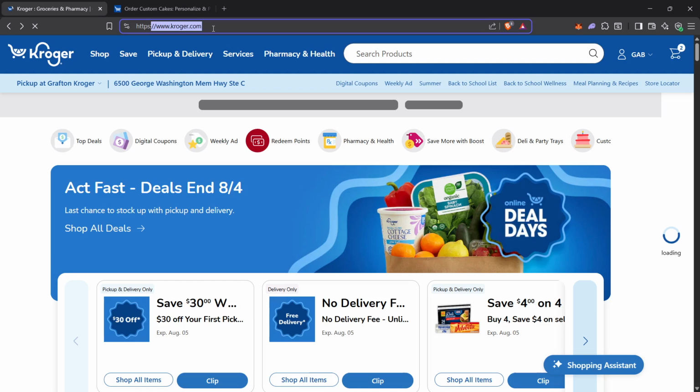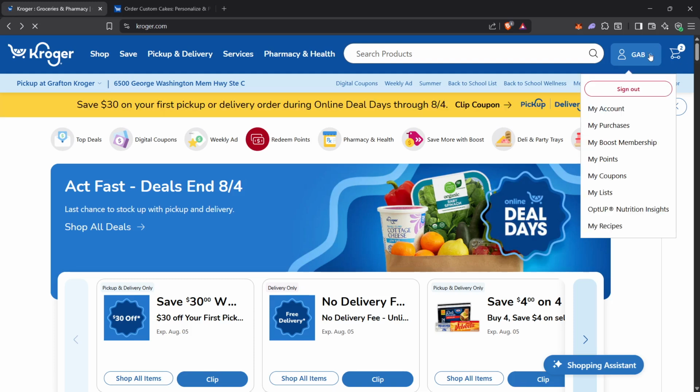If you are using the app, you might land on the Home tab with featured deals. On the website, you will see menus for departments and digital coupons. Now sign in to your account. Look for the Sign In button near the top right. Enter the email and password you normally use, then confirm. When you are signed in, your name or account icon will appear at the top, and you may see your recent orders. If you do not see that, you are probably not signed in yet.